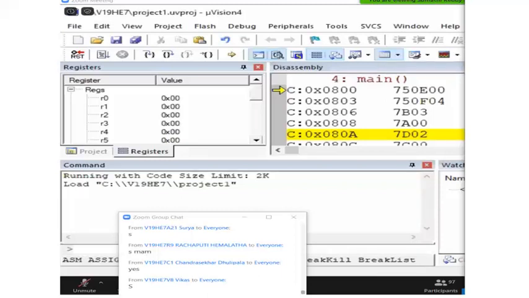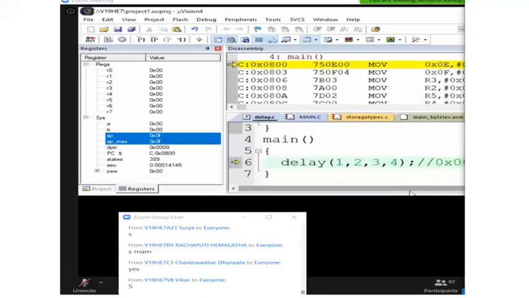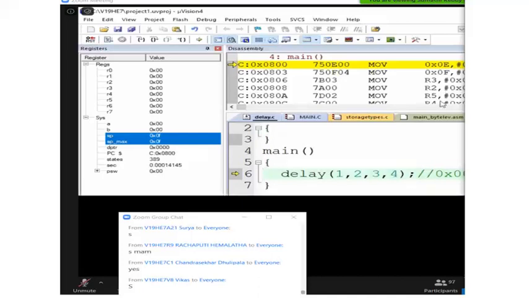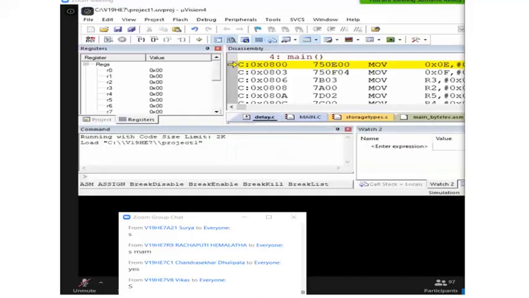So in this, you are observing that the arguments, whatever you are passing here, they are passed through the general purpose registers. And if available, then it is using general purpose registers. But if not available, then it is using direct addressable locations. So 6 registers it is using for arguments passing. Even though we have 2 more registers here, it is not using.